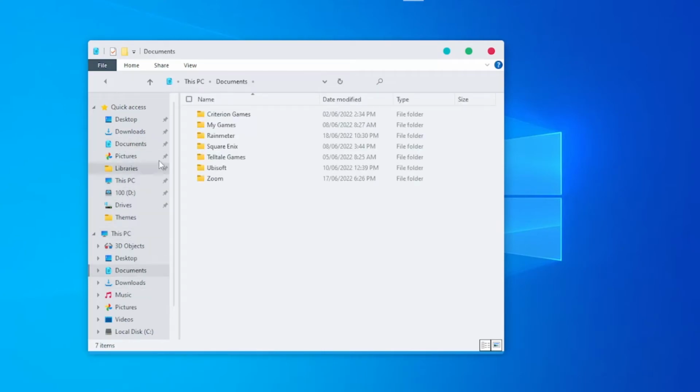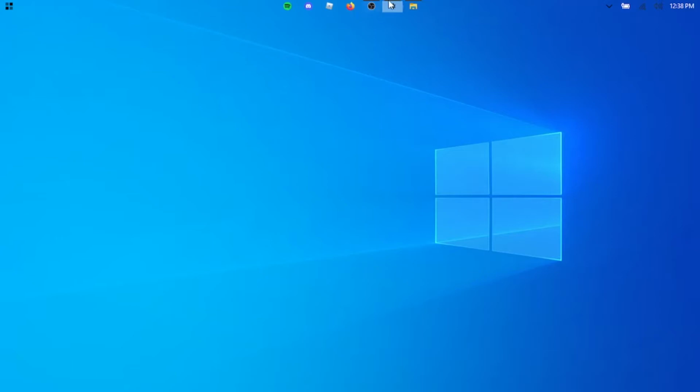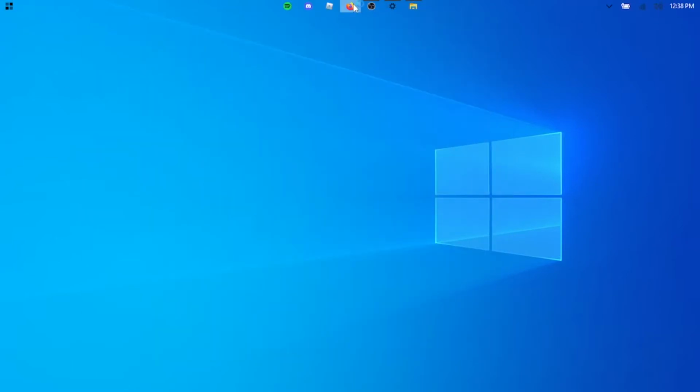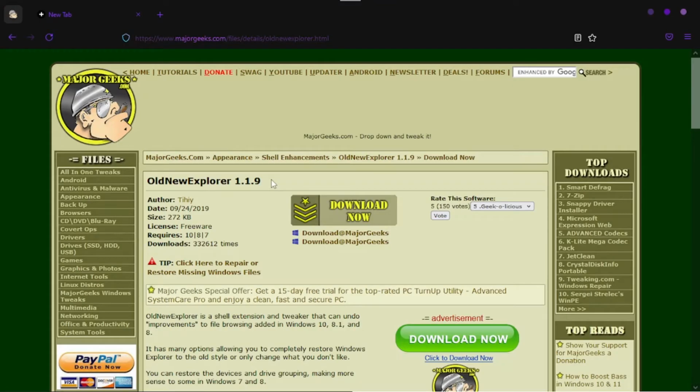So thank you guys for watching, but there is one more step. If you want to remove this ugly bar, here's one thing you can do. You can go to the third link in the description, and you can download All New Explorer. Right here, it should be written like this. It will open up in this page. So you have to click on Download Now,